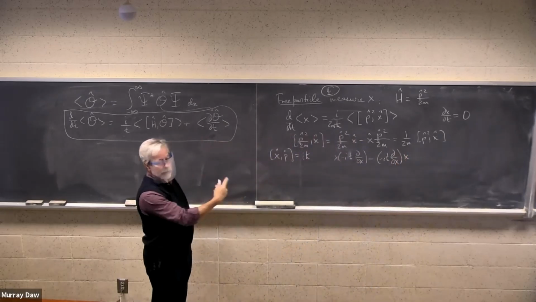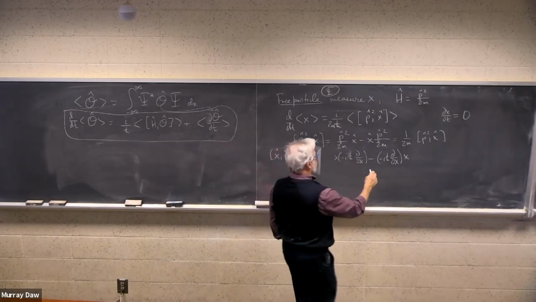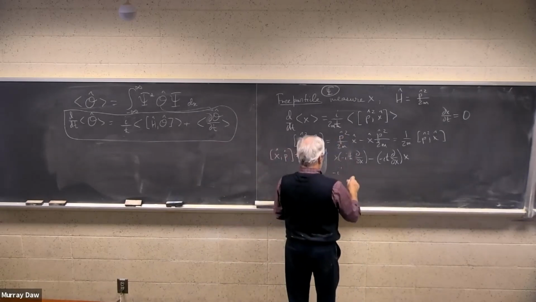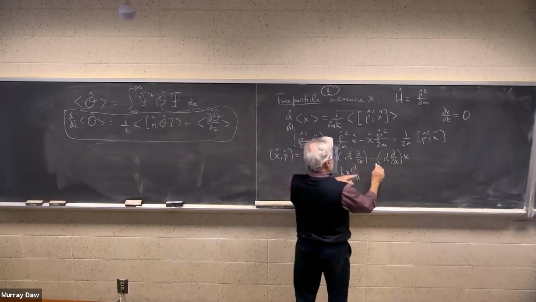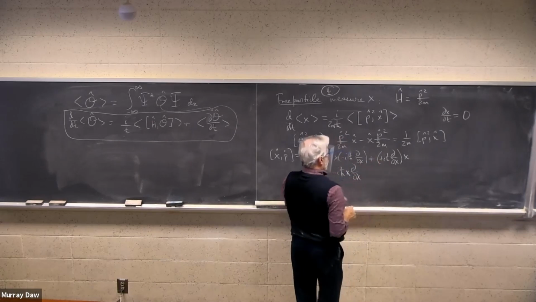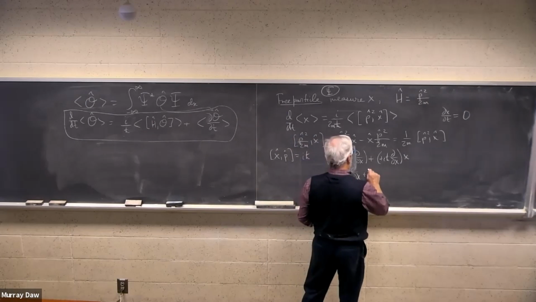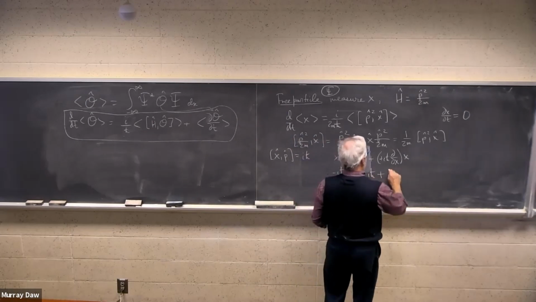And this is going to operate on a function. There's implicitly over here a function that this is going to operate on. So this gives minus iħ x d/dx. This cancels here, so I have the derivative of x with respect to x. And then I get